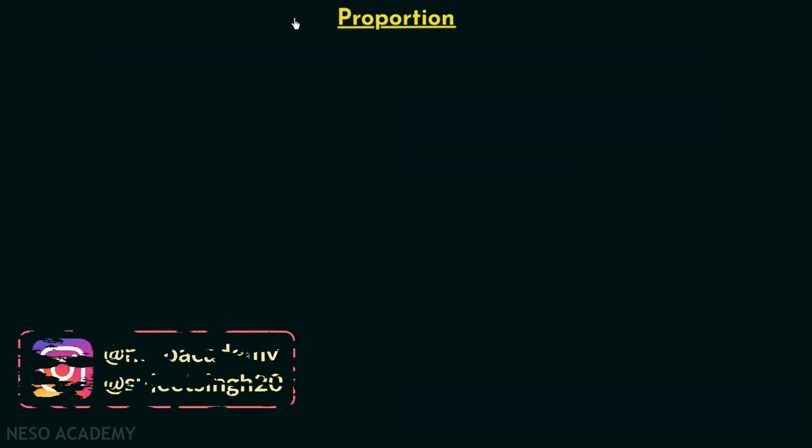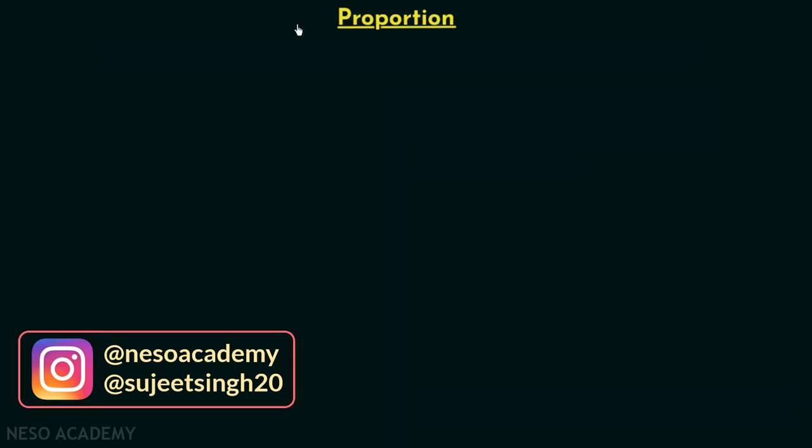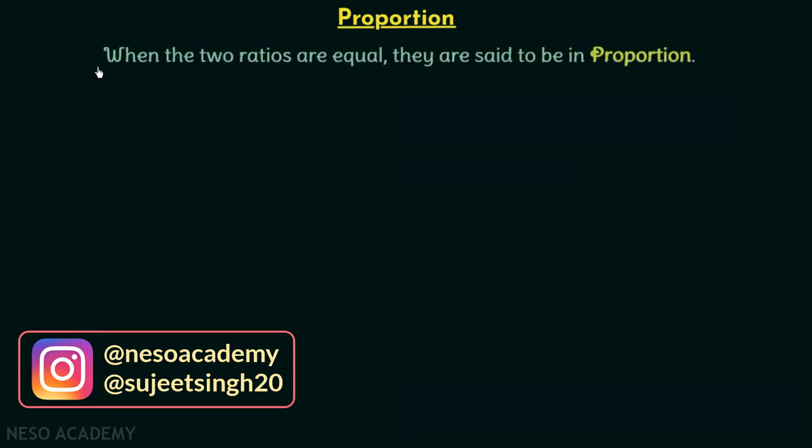Till now we have discussed what ratios are and we have also solved problems on ratios. Now it is time to understand what we mean by proportion. So what is a proportion? When two ratios are equal, they are said to be in proportion. Very easy to understand. When two or more ratios are equal to each other, we say the ratios are in